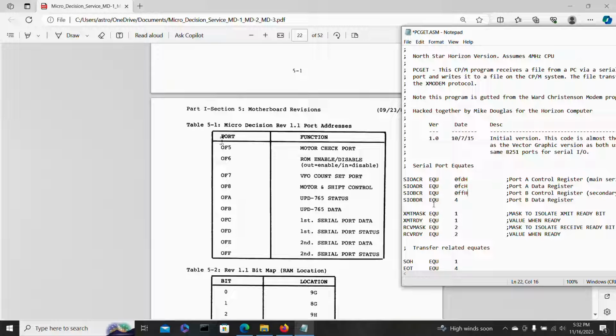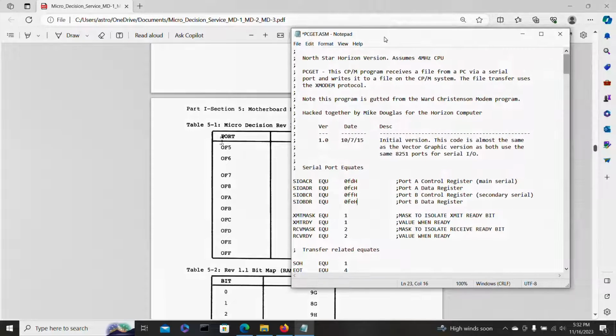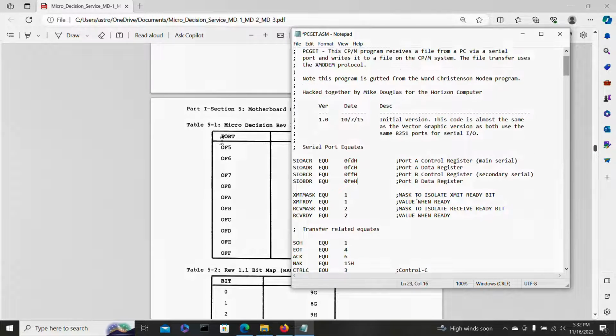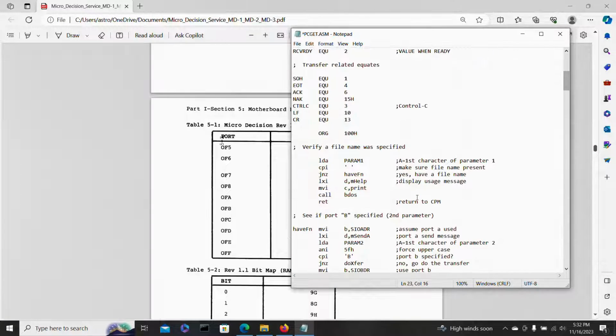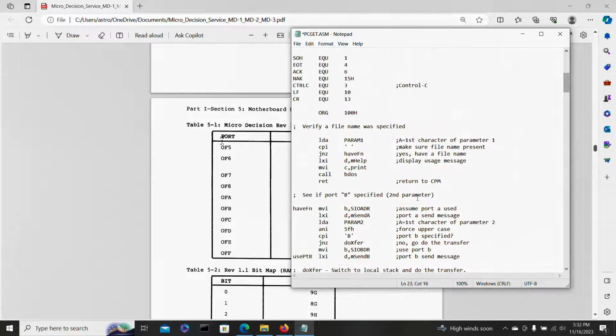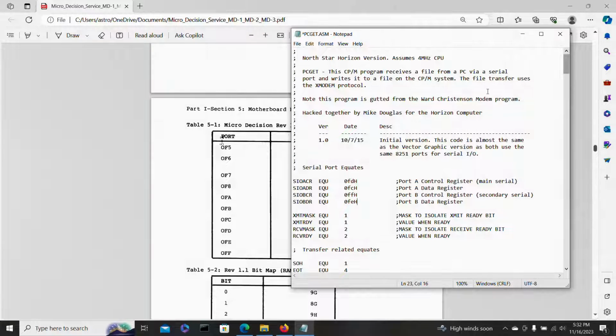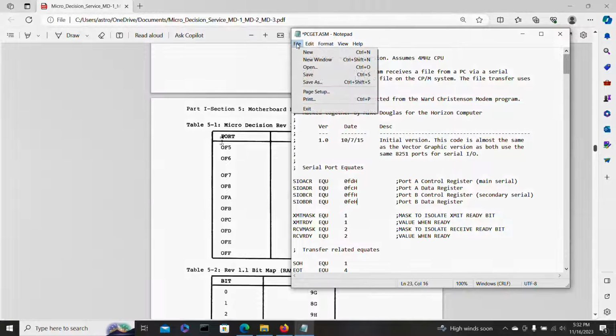And then down here, port B data register is 0FEH. All right, so there we go. Now that should be the only changes we need to make to this program. So if we save this,